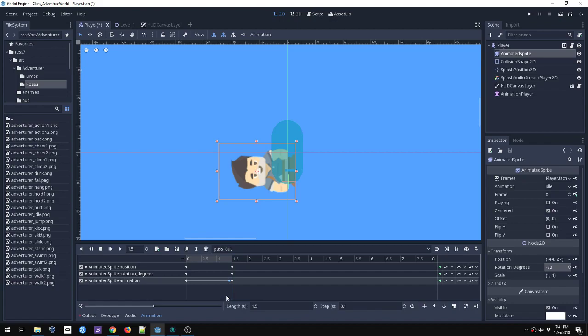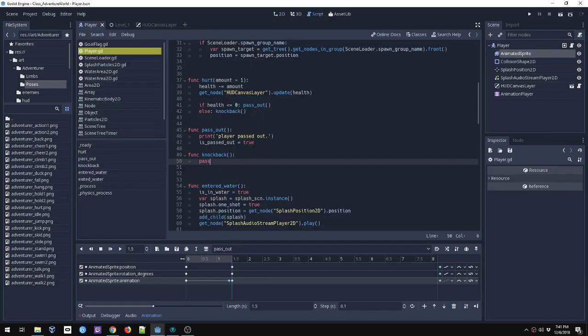Could even scoot that just a little bit further up, and I think that'll give us a little bit better effect. So he falls and then passes out. Alright, so I think that looks pretty good, but we need to play this. So if we go to our pass out here,